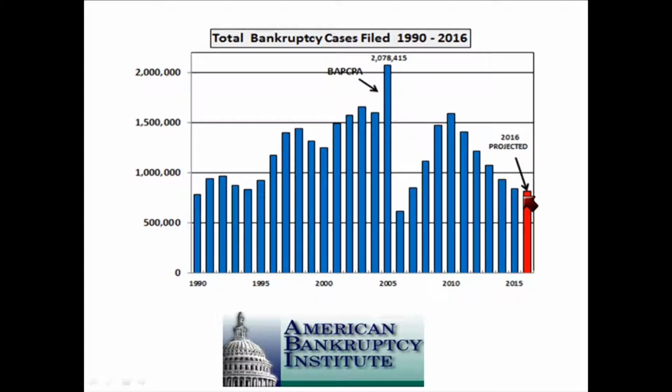and where I think this will go is by 2017, filings will be going up in most states after what will be 6 years of declines. I think the rate of increase will be fairly modest, and we will stay under a million cases nationwide in 2017 and probably 2018, unless something happens,